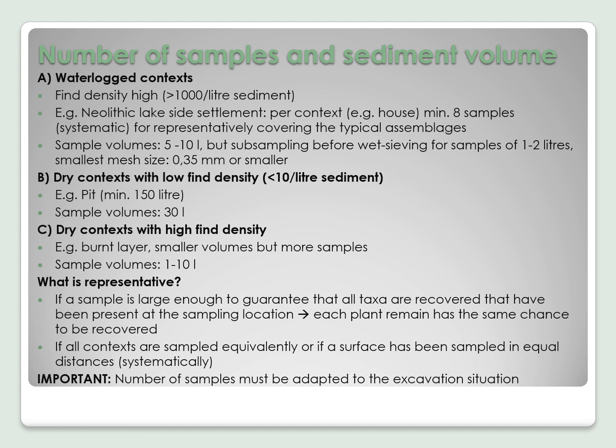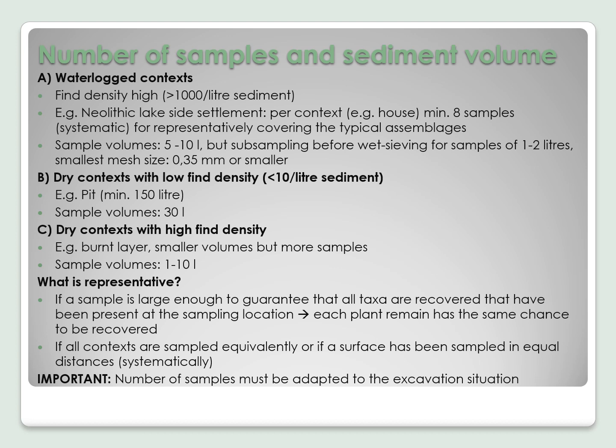This list shows some standards for the number and volume of archaeobotanical samples from archaeological sites. Waterlogged contexts, such as in Neolithic lakeside settlements, which usually have a high find density, that is more than 1,000 remains per liter of sediment, should be sampled by taking a minimum of 8 samples per context, as for example a house, for representatively covering the typical assemblage from such a context. The sample volumes should be between 5 to 10 liters, but will then be subsampled by taking 1 to 2